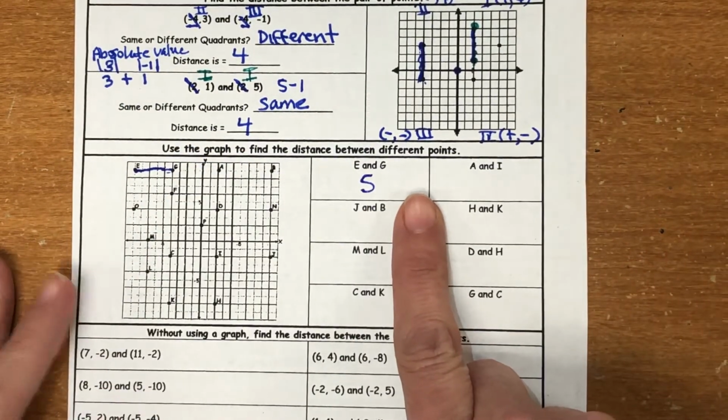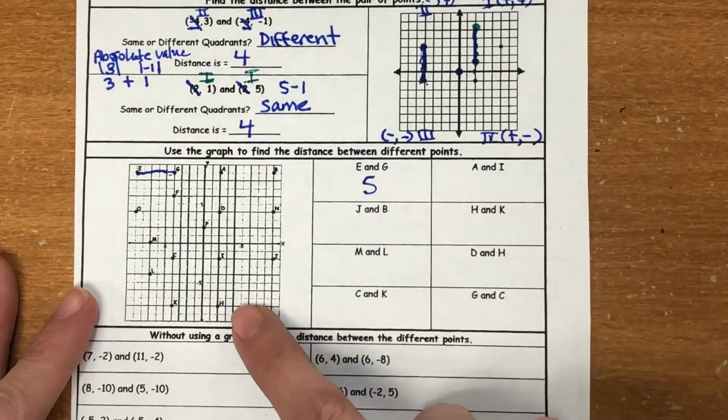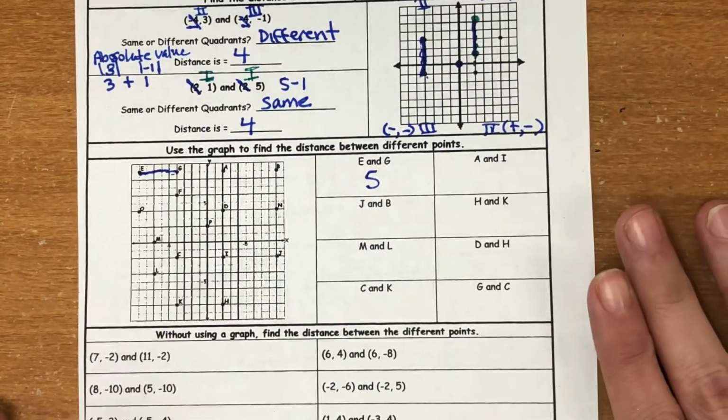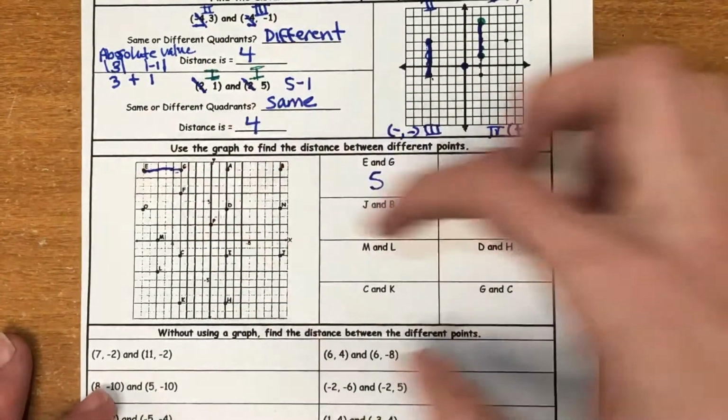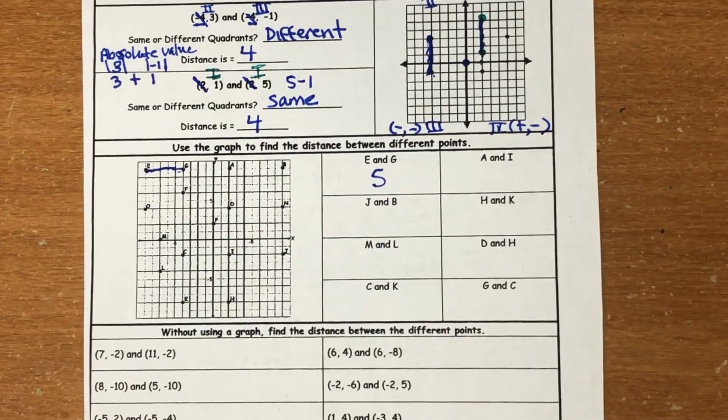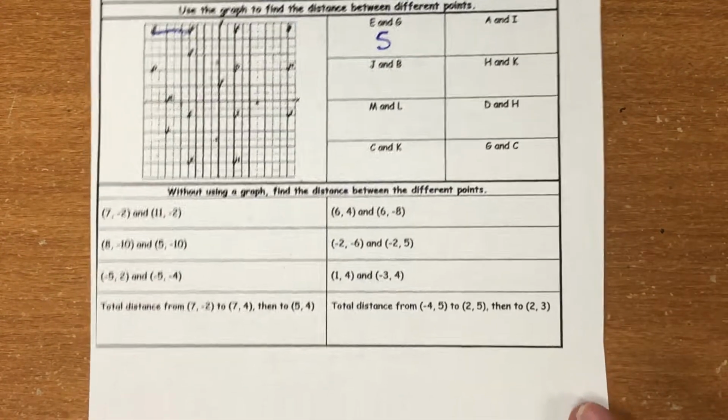So this part, you can find the points and count the number of units in between. That's super, super easy, okay? So you do this part on your own. That's easy, okay? This next part, however, okay,